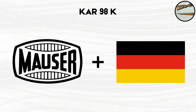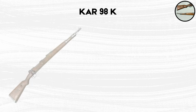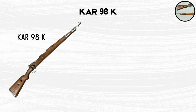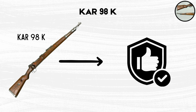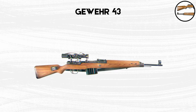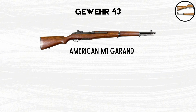Mauser and other German manufacturers produced millions of these reliable rifles during the war. Despite being slower to fire than semi-automatic weapons, the Kar-98K provided German forces with precision and reliability in the harshest conditions. Gewehr 43. Gewehr 43 are semi-automatic rifles developed by Germany as an answer to the American M1 Garand and